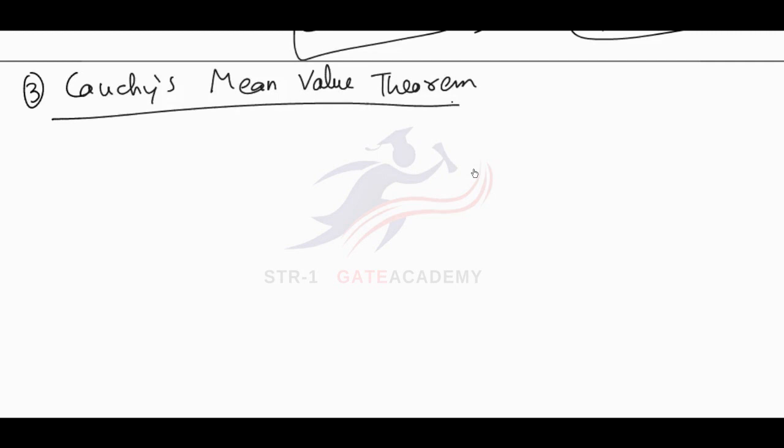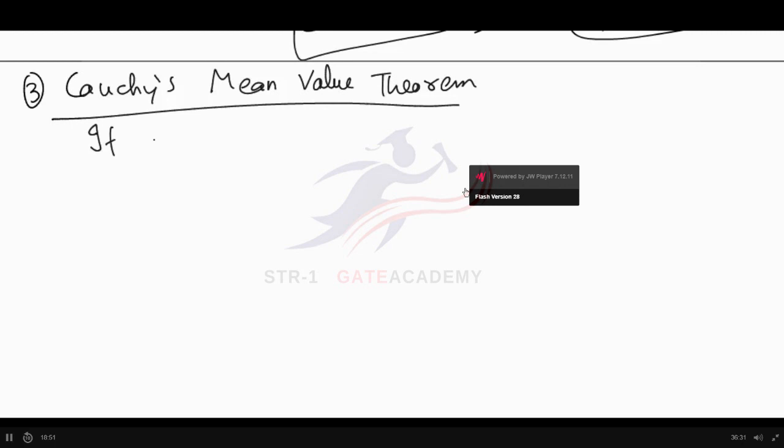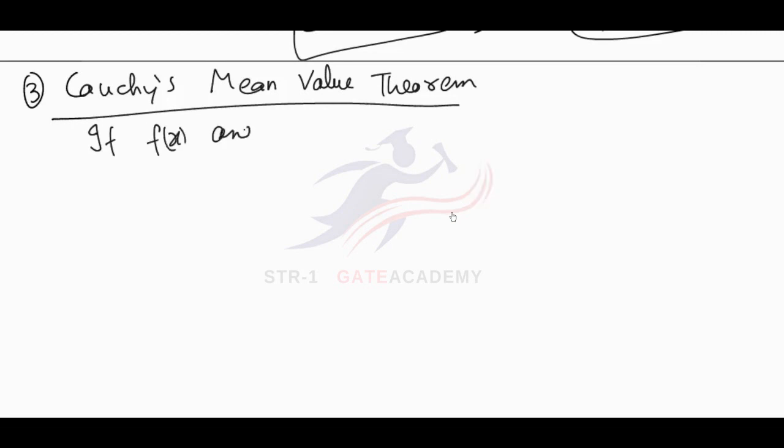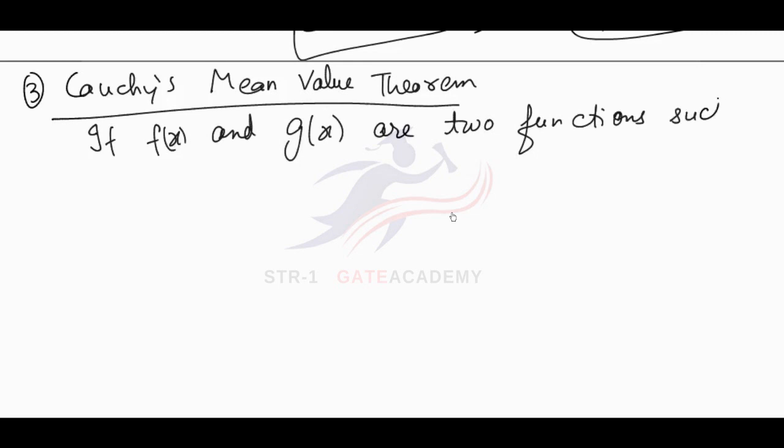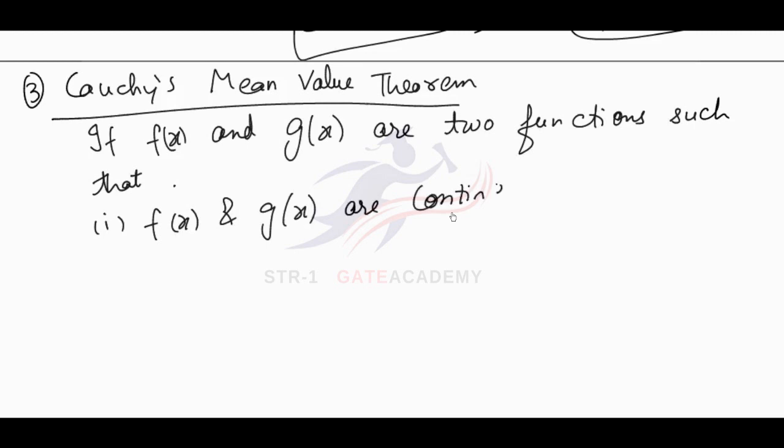Sometimes you will also come across Cauchy's mean value theorem. Cauchy mean value theorem is basically meant for two functions. Let's say it is mentioned to you, if f(x) and g(x) are two functions such that f(x) and g(x) are continuous in the closed interval a comma b,